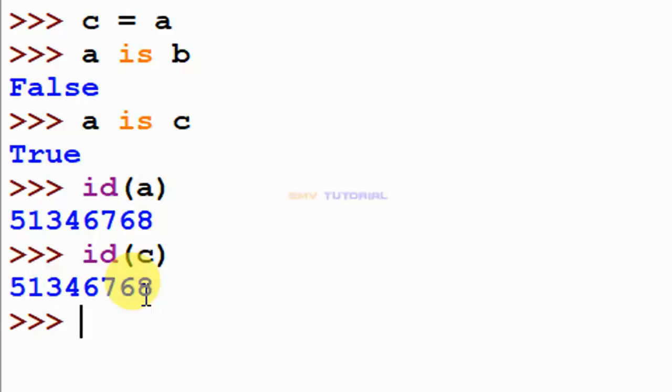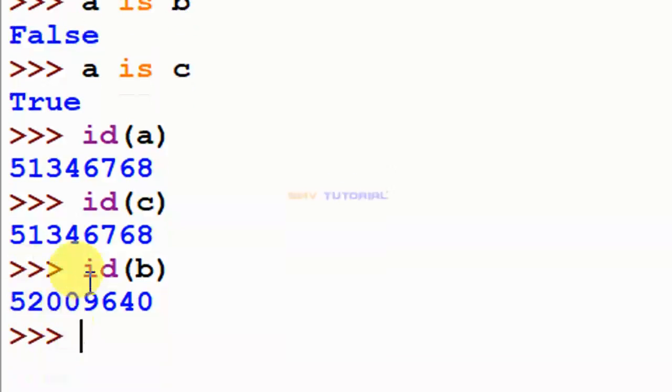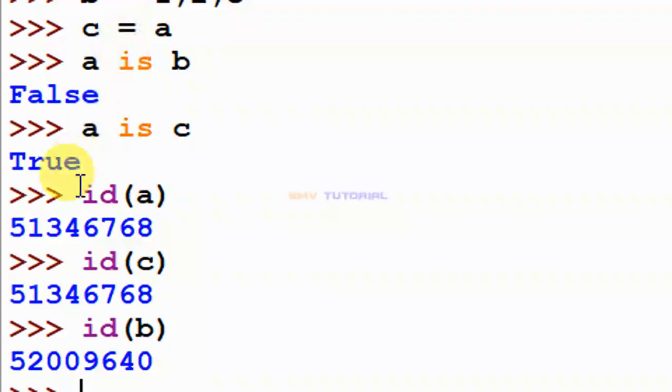Next I check B. This ID changes. You see this ID is changing, but the IDs of A and C are not changing. So this condition is true, but the other condition is false.